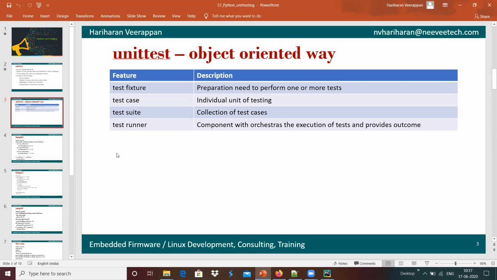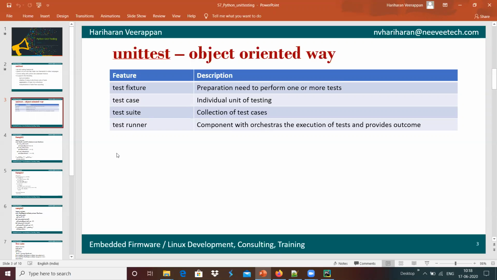For example, if we take an Android mobile phone and want to test call related features, such as whether a call is going, whether we can put a conference, hold the call, or cut the call, all those things can be combined like a test suite, which is related to one group of testing.